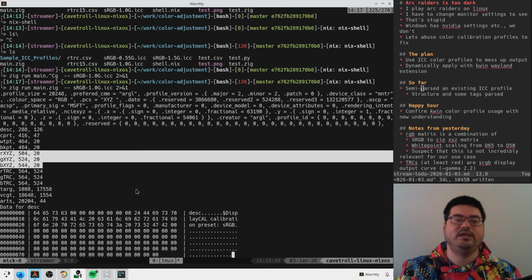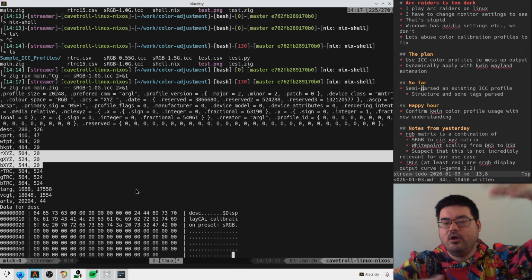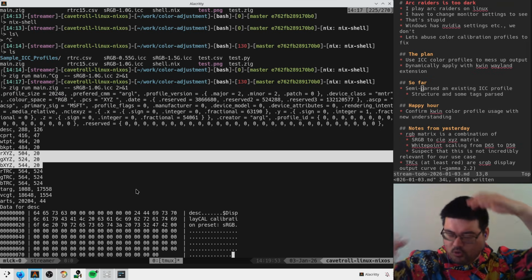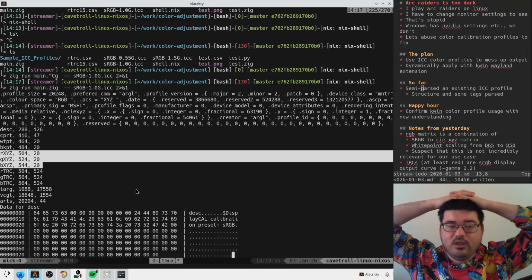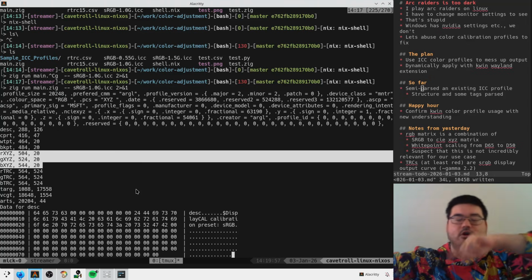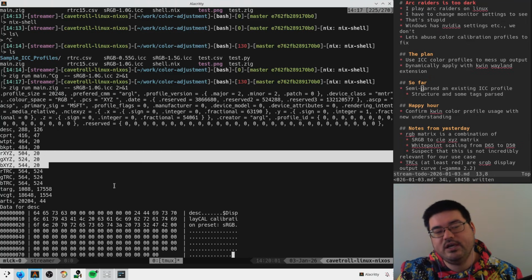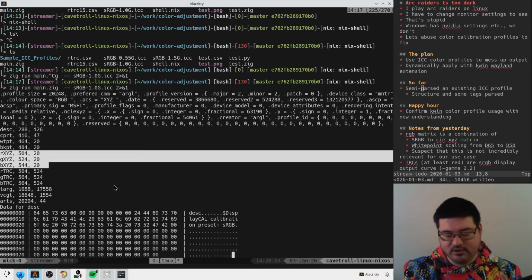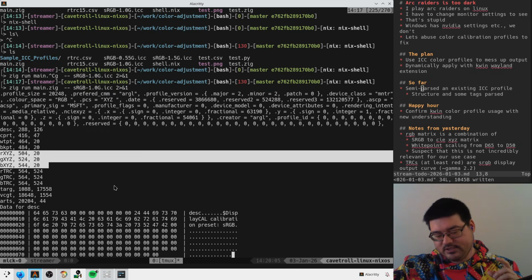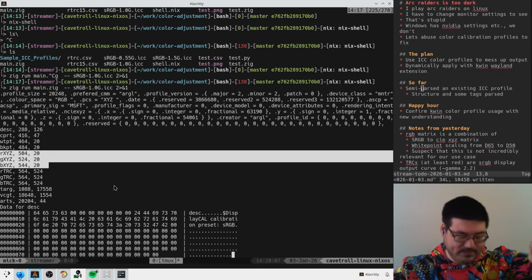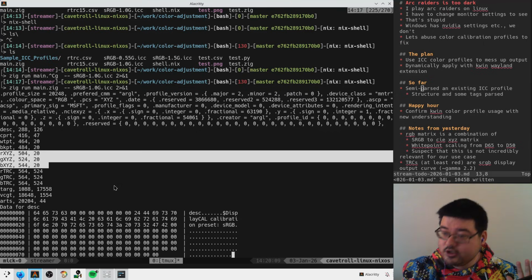Then they have this matrix. And what is this matrix? It's however you want to be working in your profile. I need to be able to convert that to the common space. So this RGB stuff basically defines the transformation from your space to common space, including doing things like adjusting the